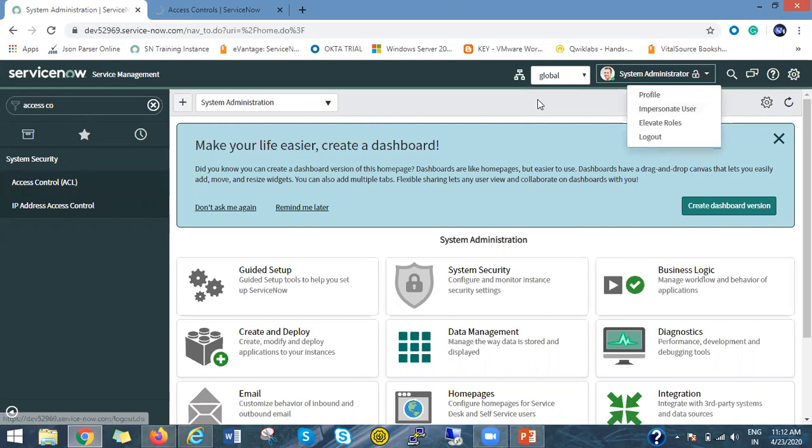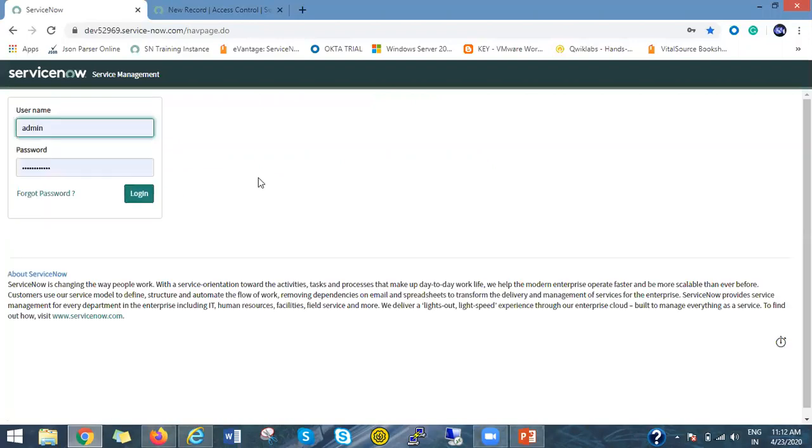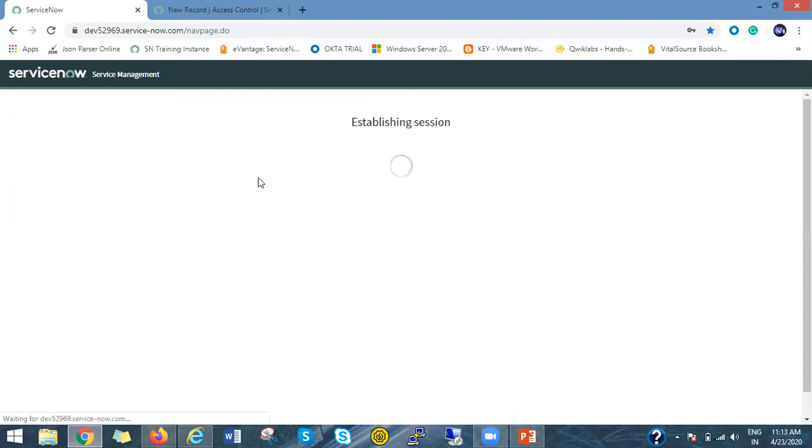And what is the importance or difference of this security_admin role from other roles? Let's say I log out from this admin and re-login. In that case, my security_admin role will be lost.